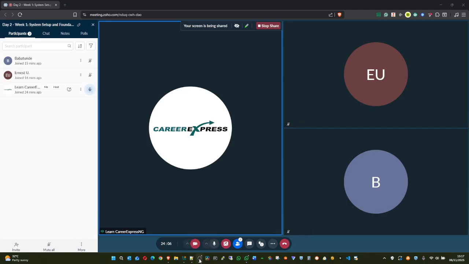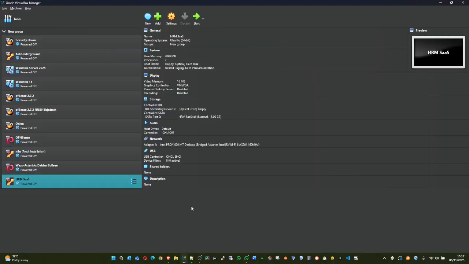So this is Oracle VirtualBox, which we downloaded, and if you had installed it, this portion of the screen right here will be blank. If it's blank, it means it's purely empty.